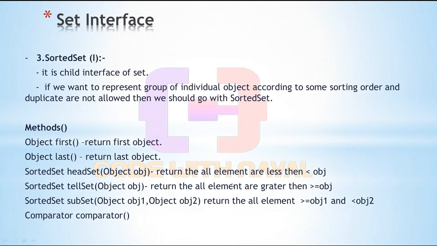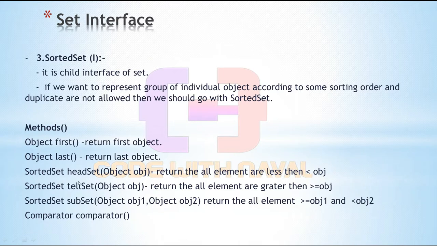Now I have a requirement. I want to represent a group of individual objects. I want to store multiple objects, and those objects should be stored in sorting order, and those objects should be unique. These two things: objects should be unique and stored in some sorting order. Here SortedSet provides some methods. Let's check those methods. Object first returns the first object, then object last returns the last object,